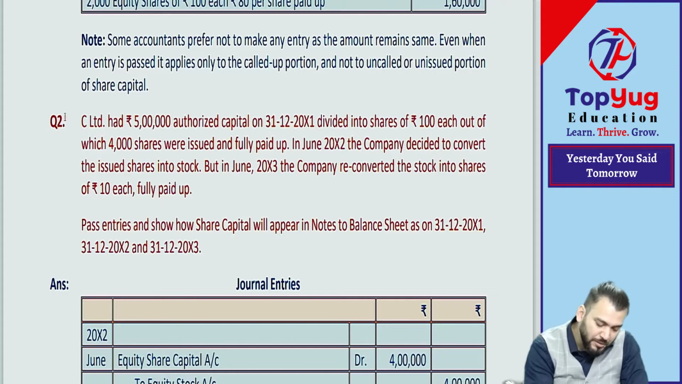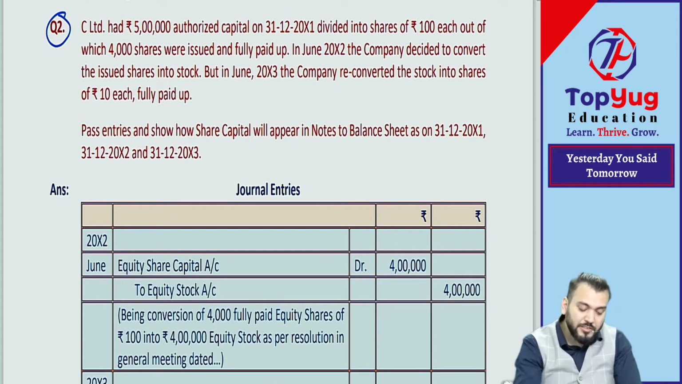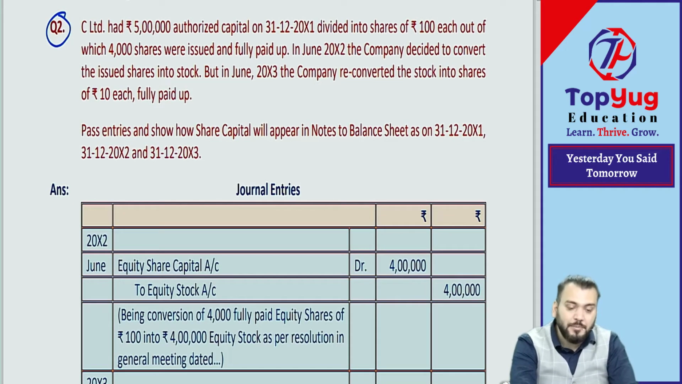Correct? Question number 2. What is given? C Limited had rupees 5 lakh authorized capital on 31st 12 2001 divided into shares of rupees 100 each, out of which 4,000 shares were issued and fully paid up. So what they are saying? If they were 5,000 authorized capital, out of which 4,000 has been issued. Company decided to convert the issued shares into stock, but in June 2003 the company reconverted the stock into shares of rupees 10 each, fully